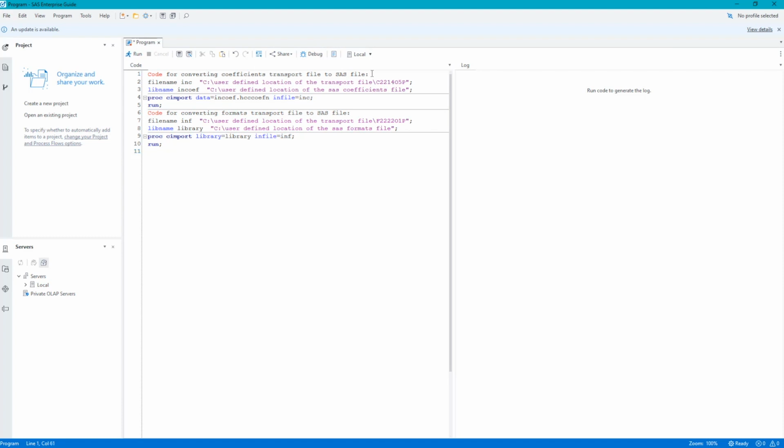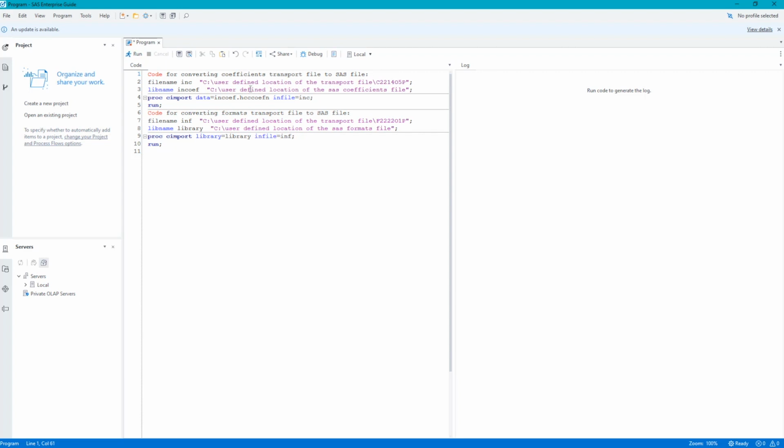With my instance of SAS, I am using Enterprise Guide, which is a Windows-based SAS programming application. In Enterprise Guide, you can create projects to access and analyze data.